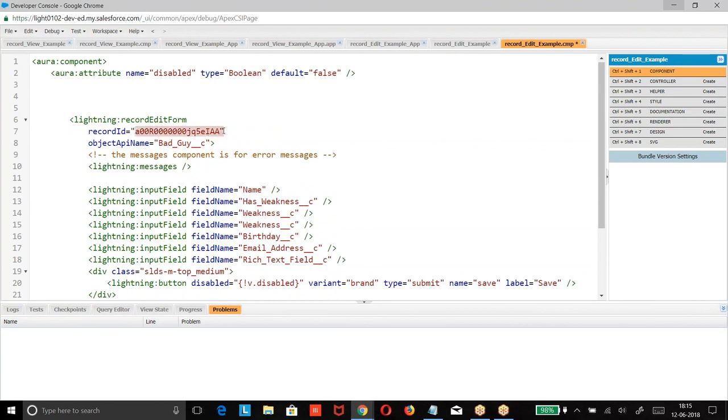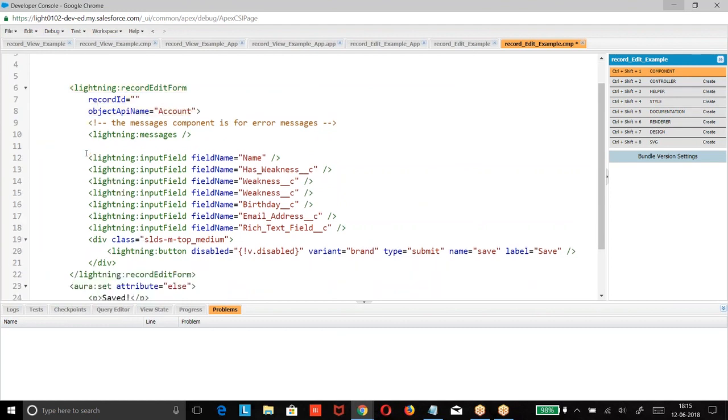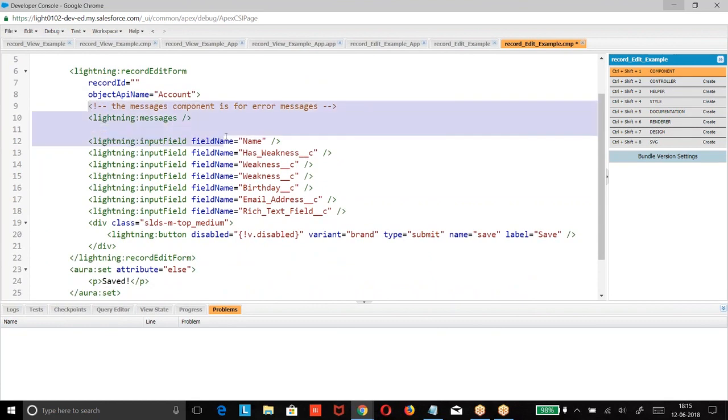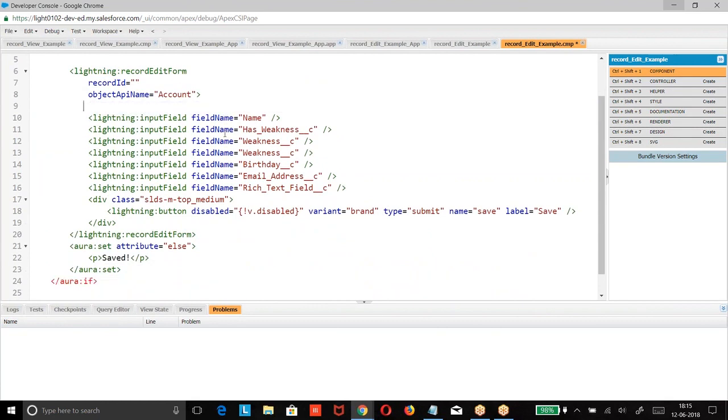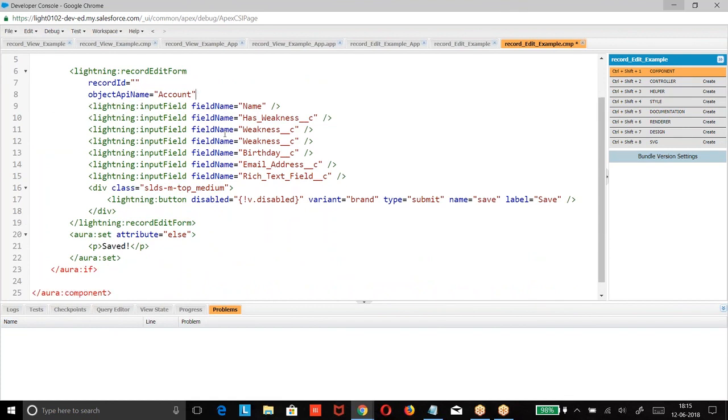So, the ID of the account I'm going to give. What was this? Lightning edit form.